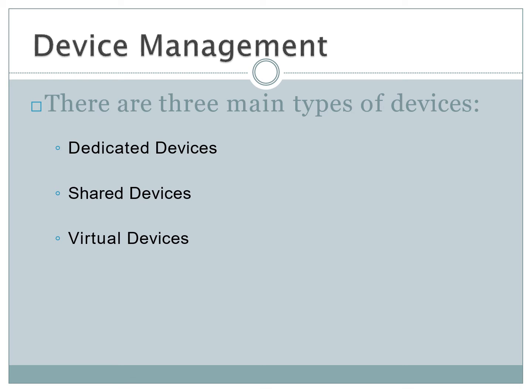Shared devices are devices that can be shared among several processes at the same time. For example, we have magnetic disk and optical disk. Virtual devices are a combination of dedicated devices and shared devices. For example, a printer can be transformed into a virtual printer in which several requests or several users can access the printer at the same time.